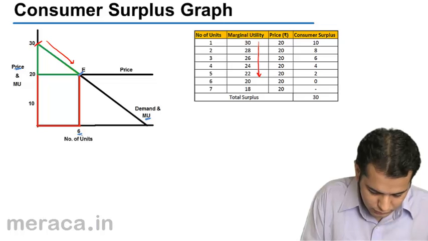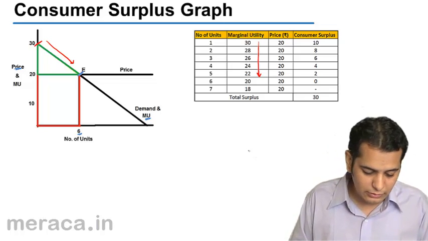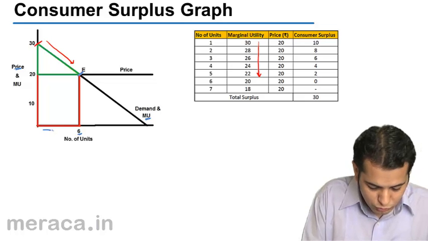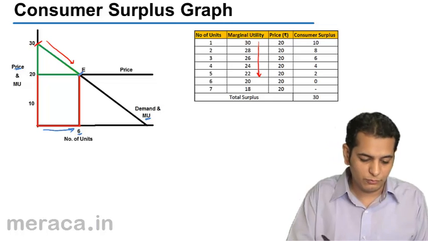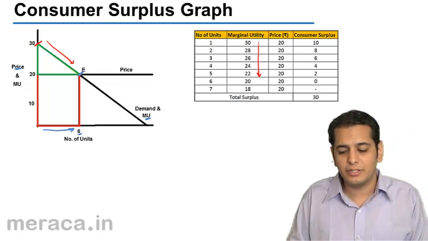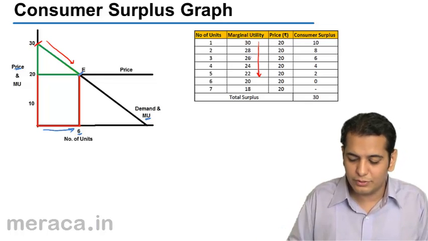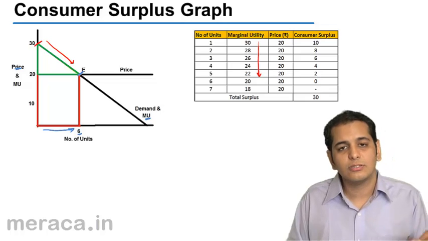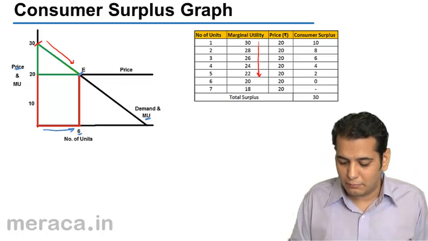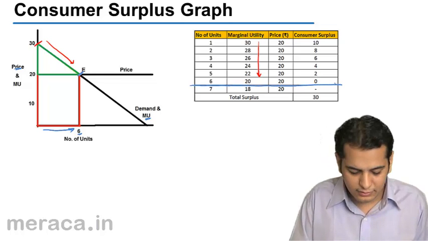This is the 6th unit. Now what happens is the consumer goes on consuming 6 units. For the first unit he was ready to pay 30. For the second unit he was ready to pay 28. For the third unit 26, so on and so forth till he reaches 0. But the consumer consumes only till the 6th unit,